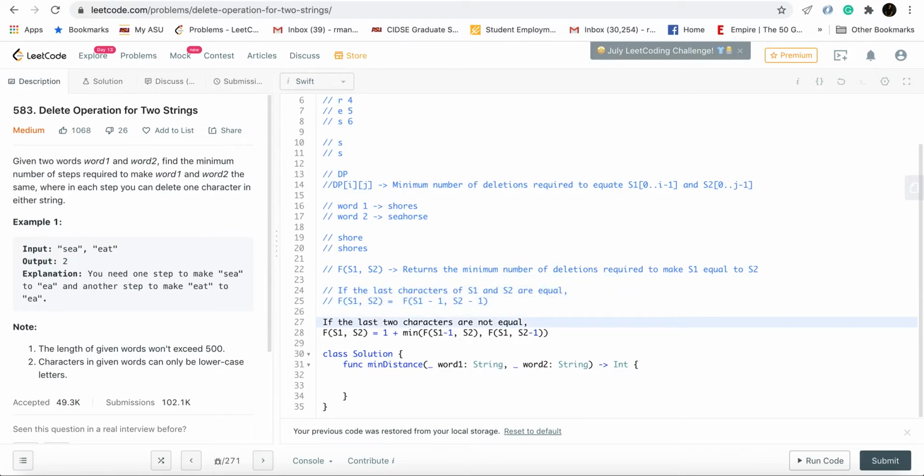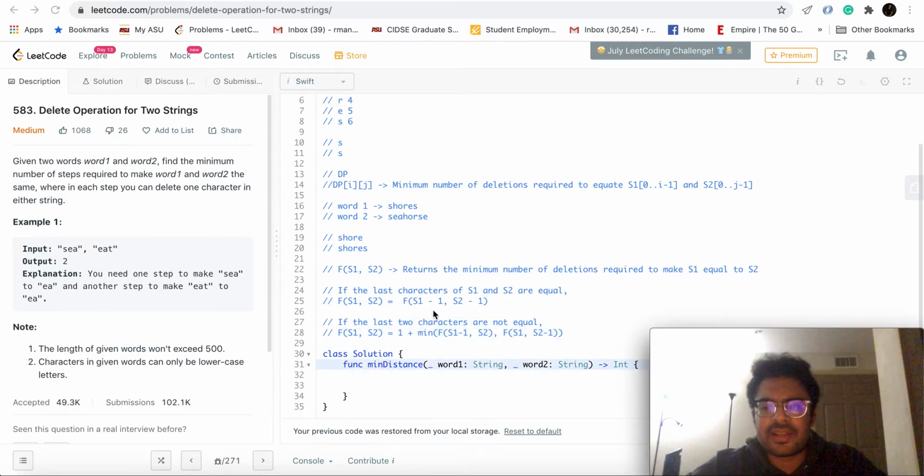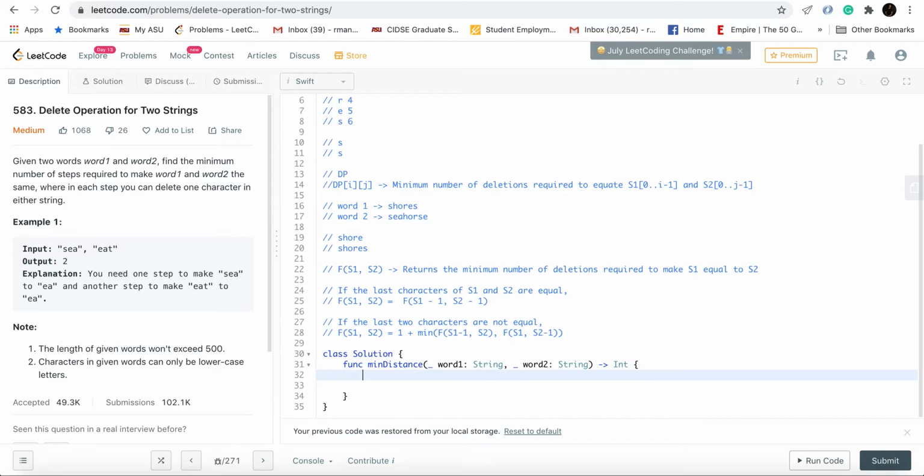I'm going to be coding in Swift, but if you don't know Swift, don't worry about it because it's a very clean language. It's easy to follow. If you know Java, actually, if you know any programming language, Swift is a very clean language. It's very easy to follow. And anyway, I'll be explaining the code as I code along, so you'll know what I'm doing.